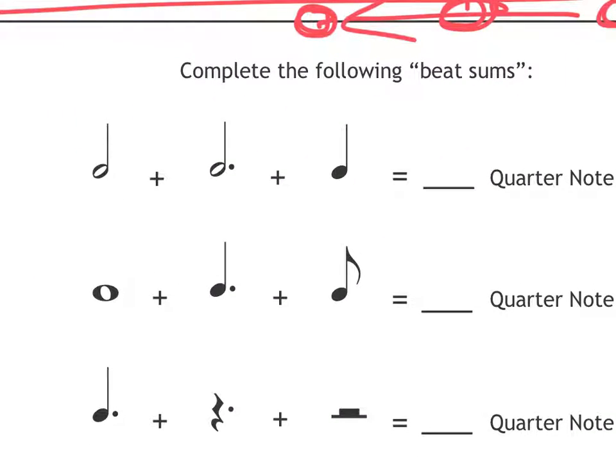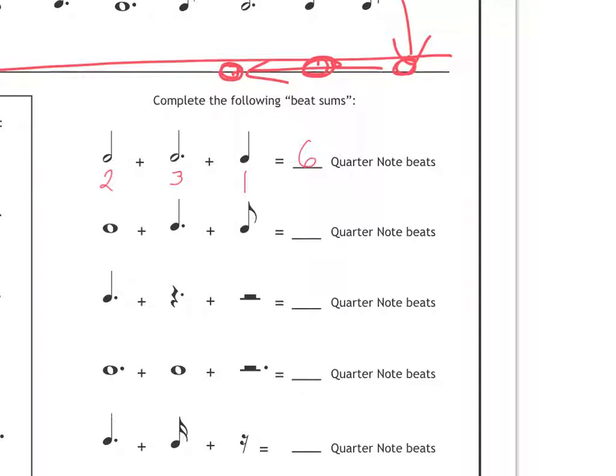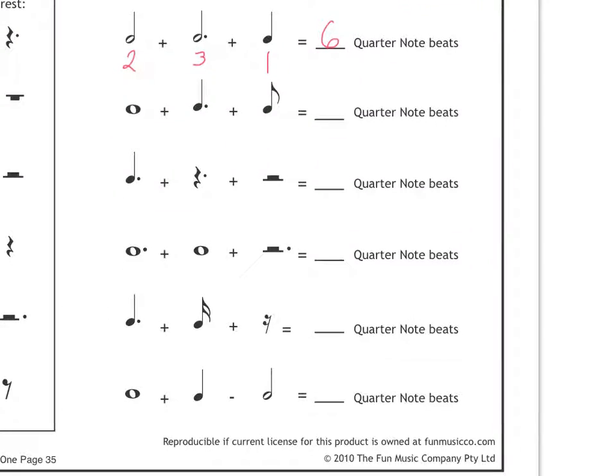And really, guys, it still helps me to just write the note values underneath. So a half note gets 2 counts of time, or 2 quarter note beats. A dotted half note, of course, a dot adds half the value, so 2 plus 1, that's a 3-beat note. A quarter note gets 1, so what is 2 plus 3 plus 1? Well, that's 6 quarter note beats, okay? You can do the same math for everything else